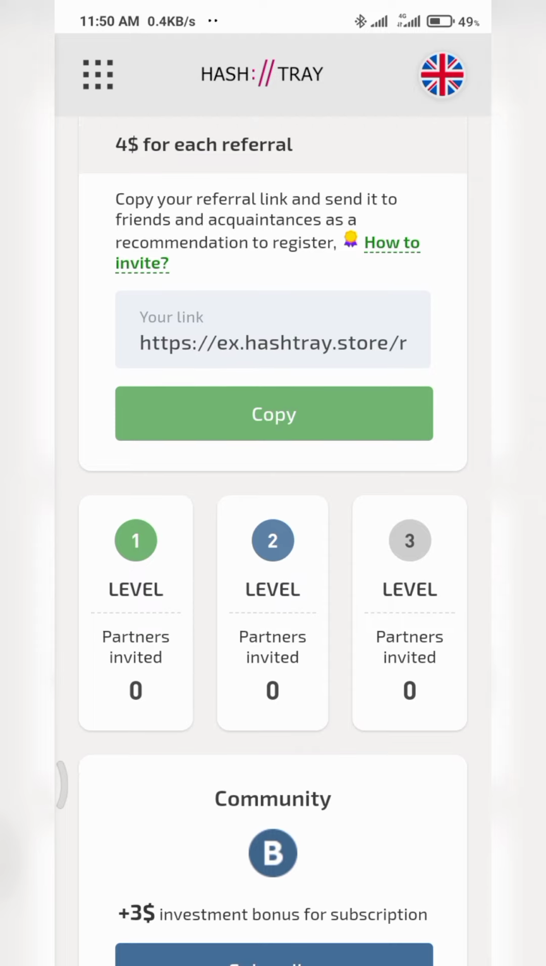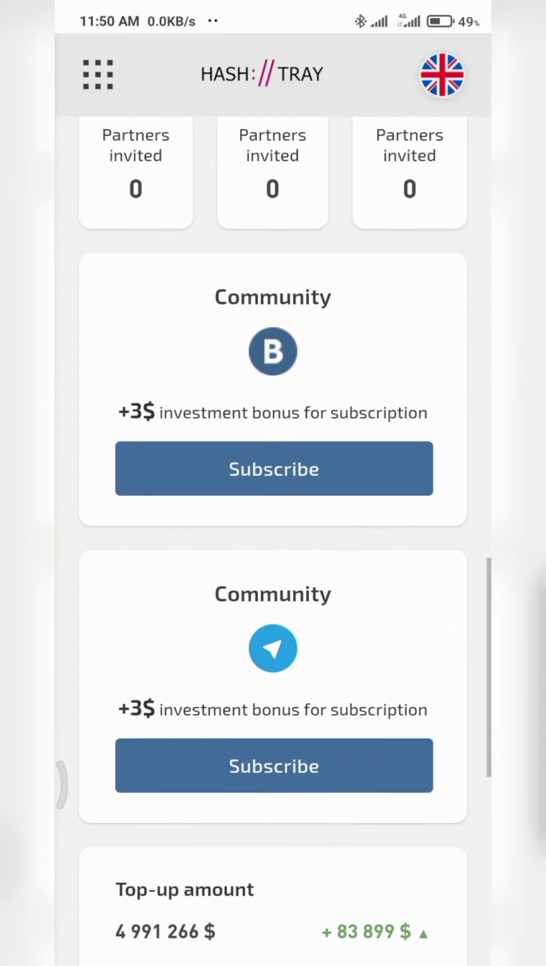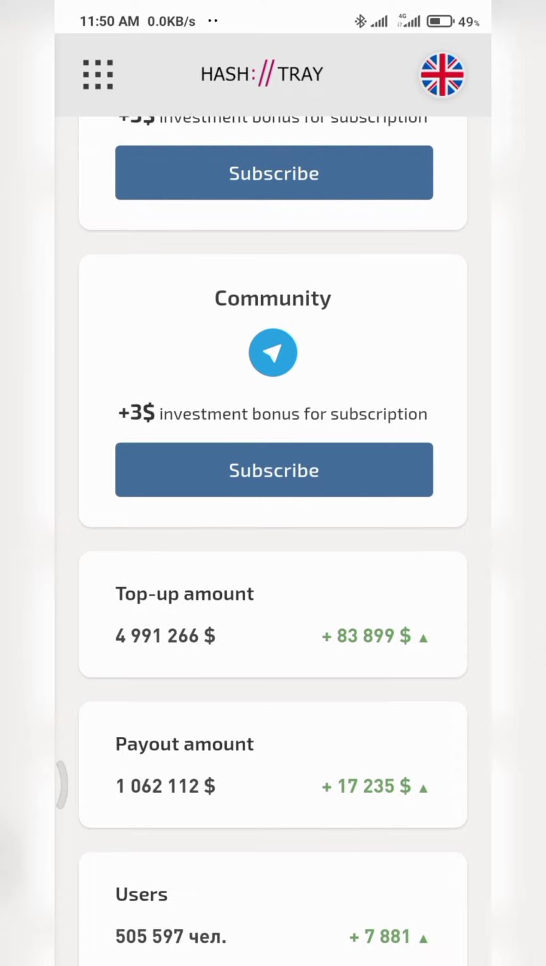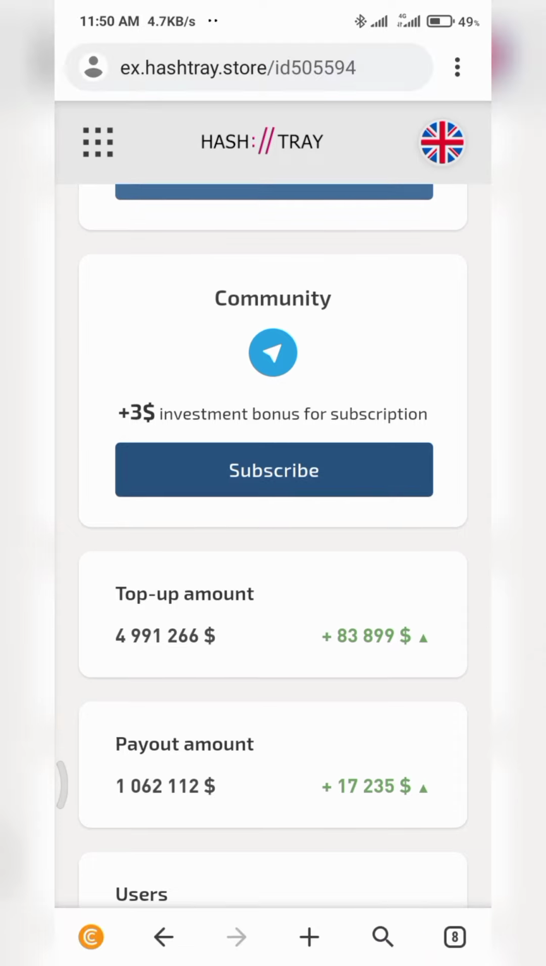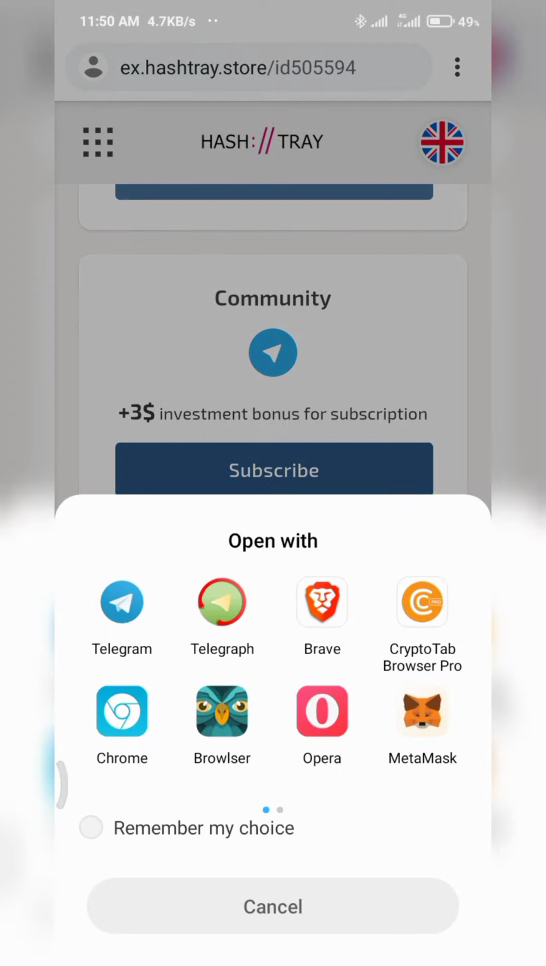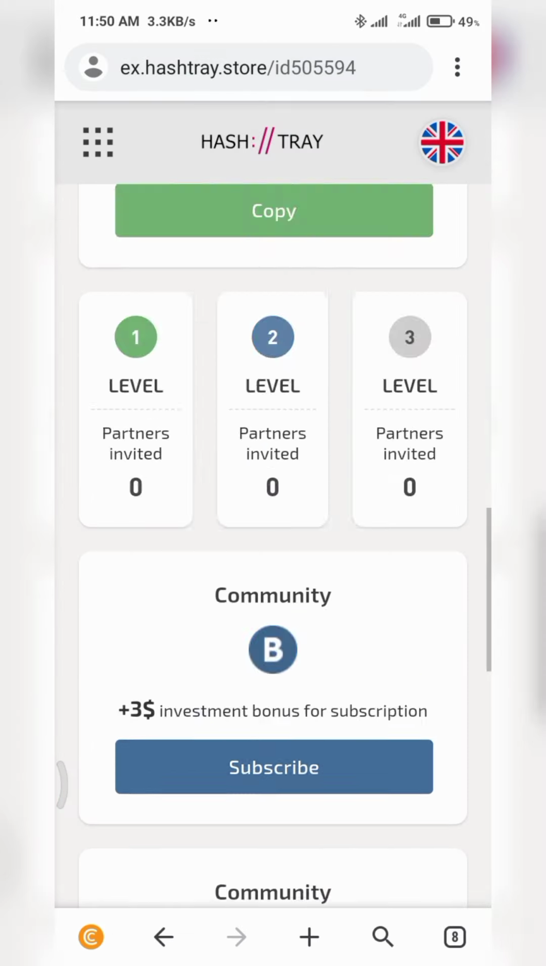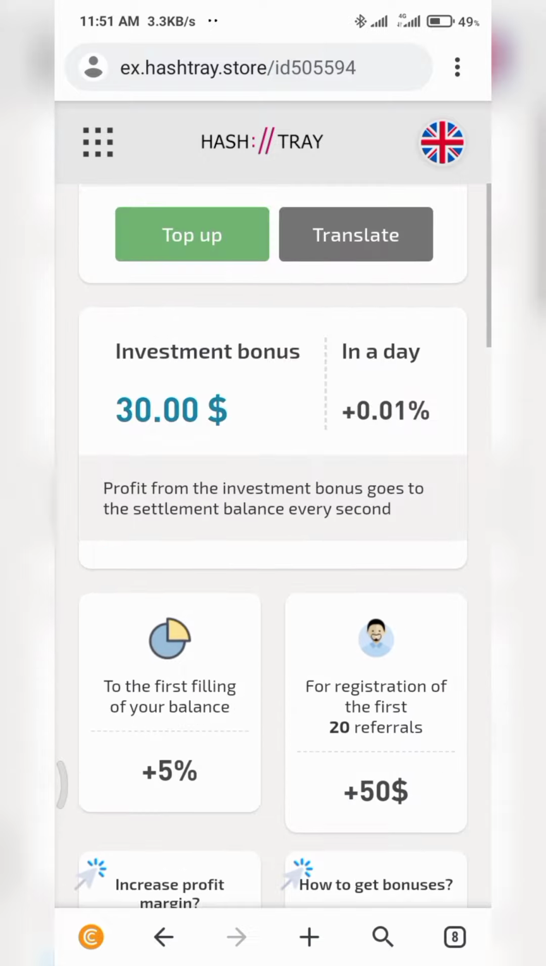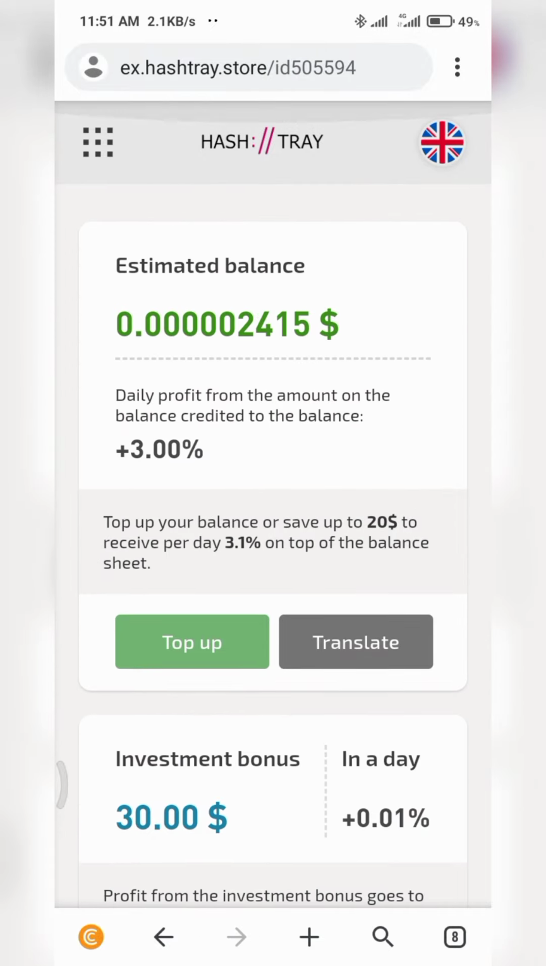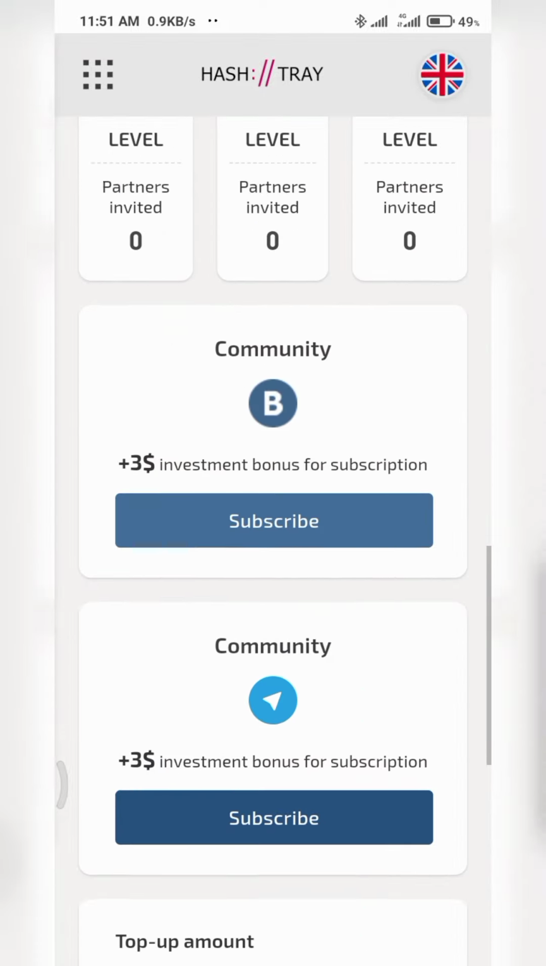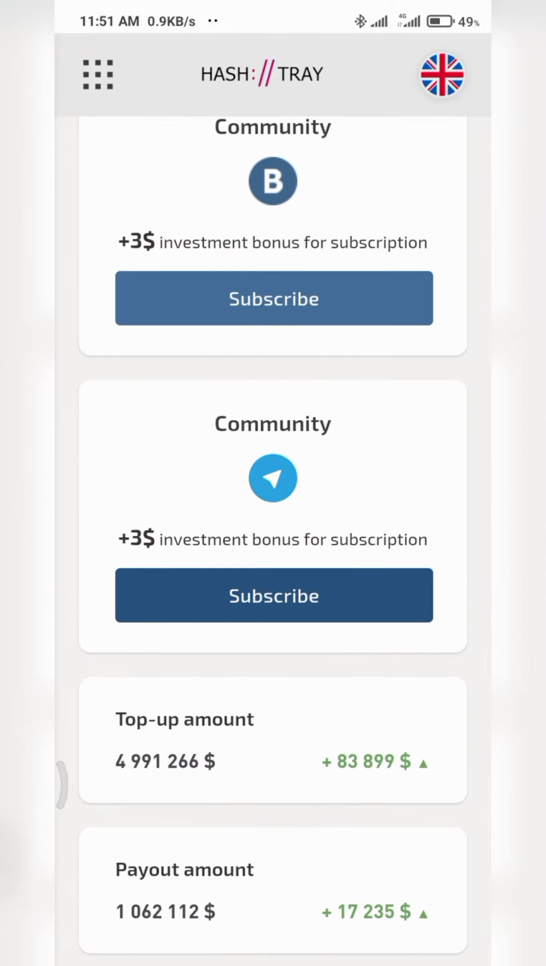So now you can also claim another free $3. So I'm going to show you how to claim the free $3. To claim that $3 for free, you have to go over to their Telegram community. As you can see, Telegram, click on subscribe. It's going to take you to Telegram. Once it takes you to Telegram, open your Telegram app and then send the command. You can do that, then you're going to get plus $3 bonus. Okay, let me just do it right now. So click on subscribe